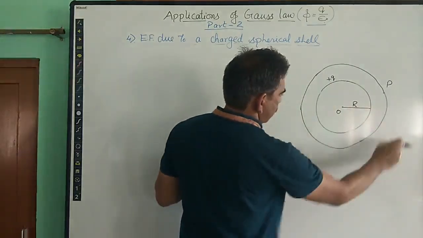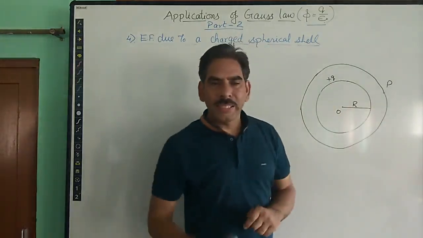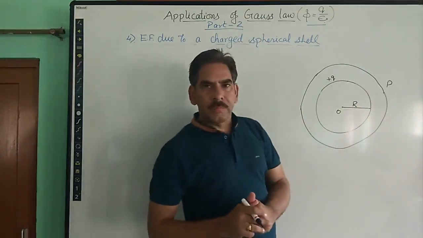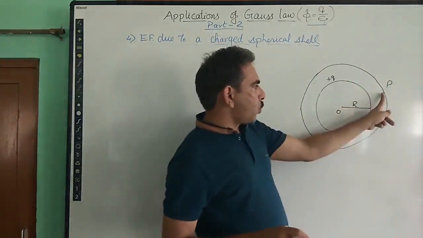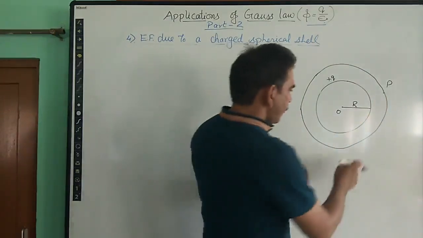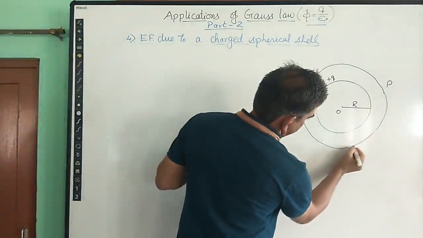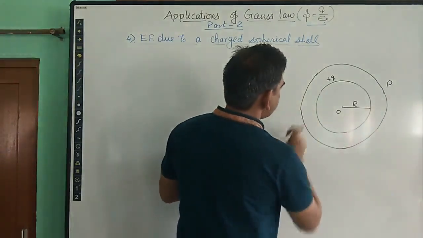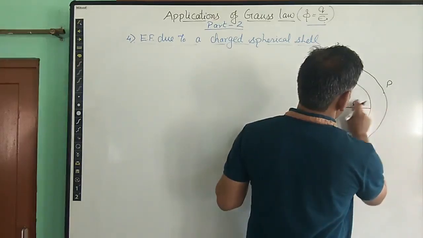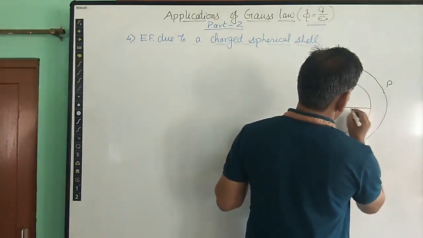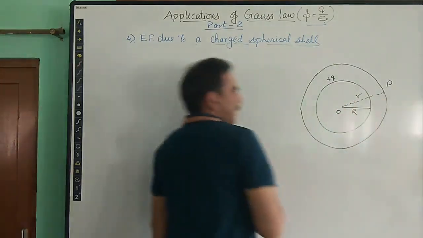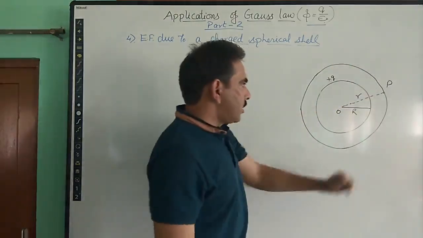So here it is the sphere, or we can say a Gaussian surface, which is not actual but it is enclosing some charge, right? And this is the Gaussian surface through this point P, where we are willing to find out the electric field which lies outside this spherical shell. So this is the Gaussian surface. Let this Gaussian sphere have radius r. So this is small r, we represent the radius of the Gaussian surface by small r.